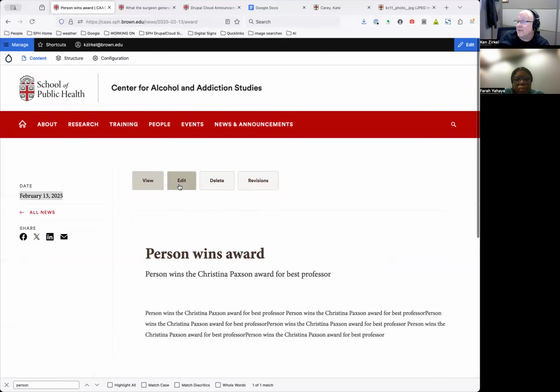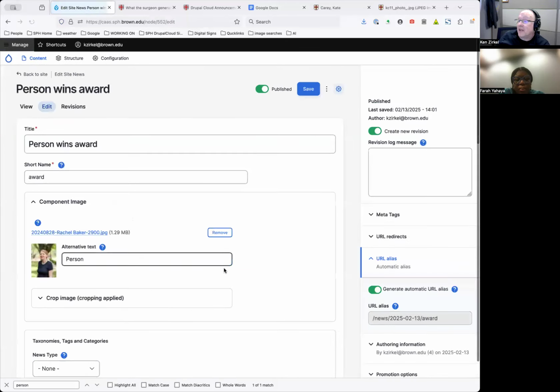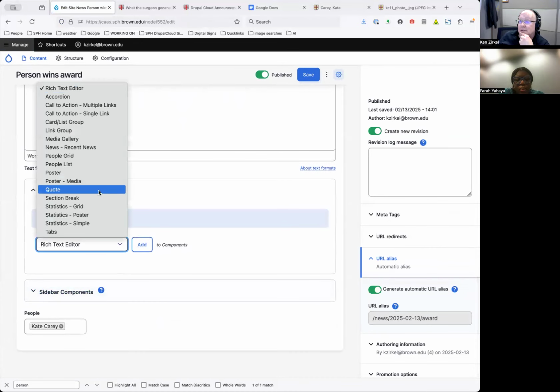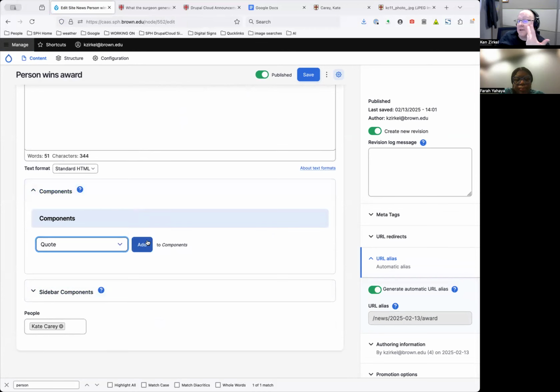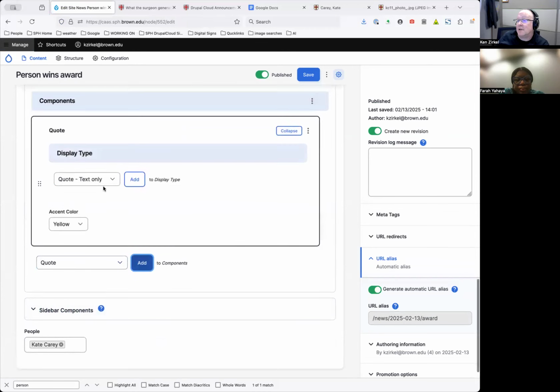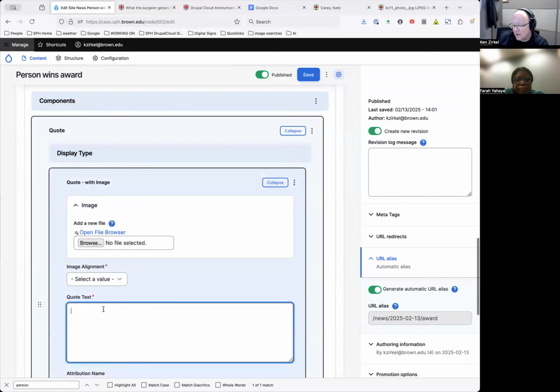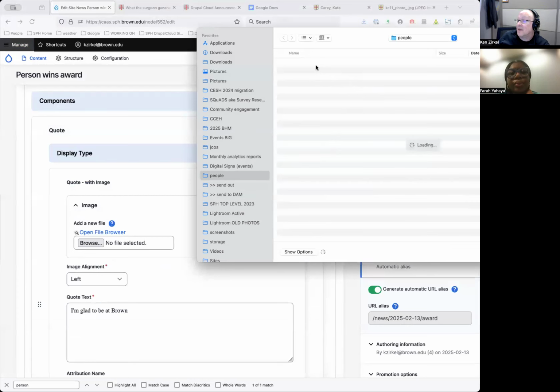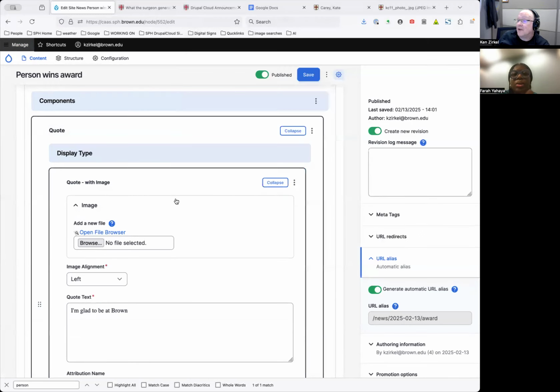What else? Oh, if you did have a longer article, you can use these other components too. You could put a quote. So let's say you had a new person, you give them a quote, have a picture again. You could upload the picture. You could upload the same picture multiple times if you want, but